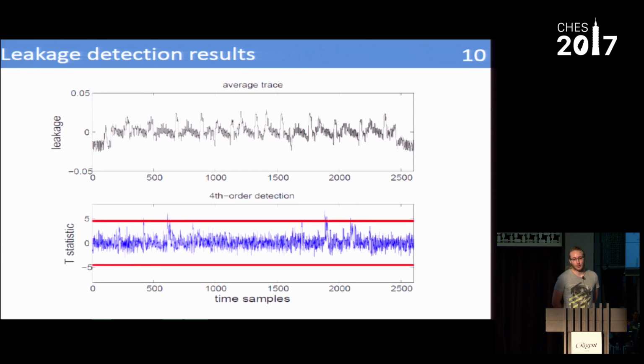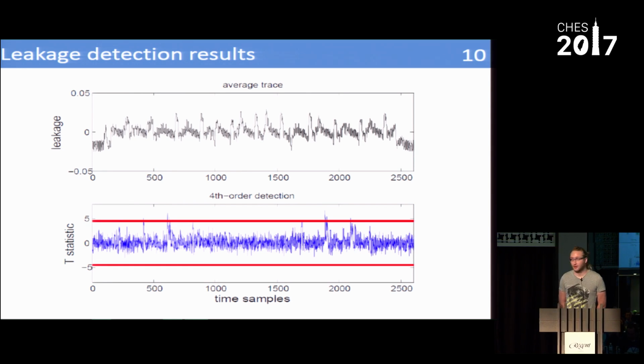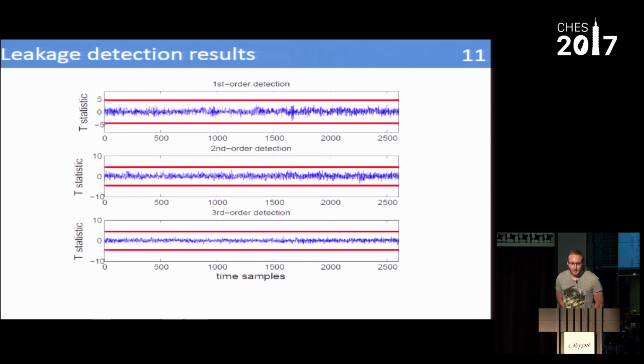So we have launched a t-test on our 4-share implementation. In the upper part, you have the power consumption of the iceBox, and in the lower part, you have the t-test at order 4. With 4 shares, we have what we expected, that is, some leakages. And more interestingly, if we look at the lower orders, so orders 1, 2, and 3, we didn't spot anything that could lead us to think there is some kind of share recombination. So from now on, we'll just assume that there is no share recombination.